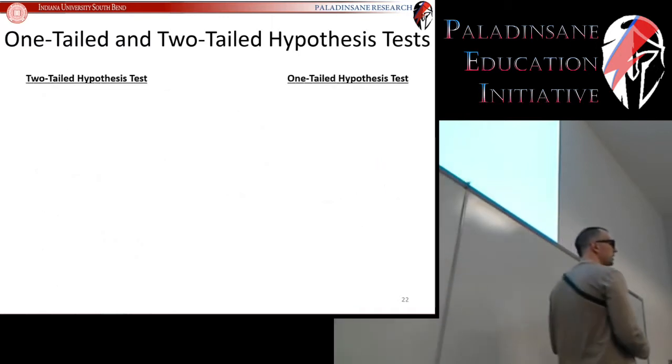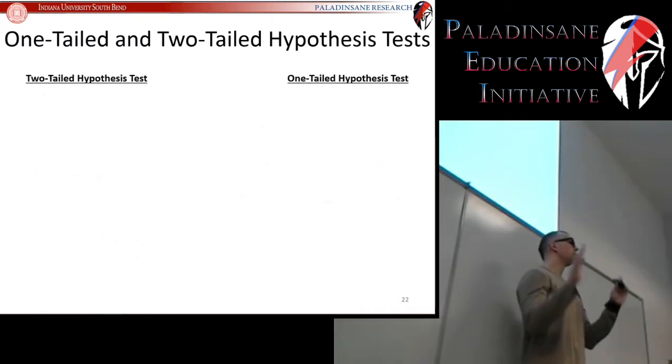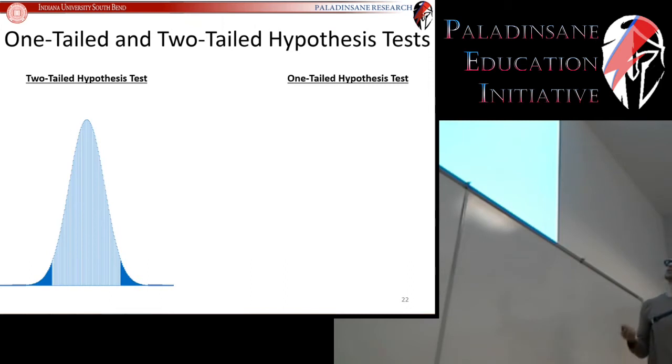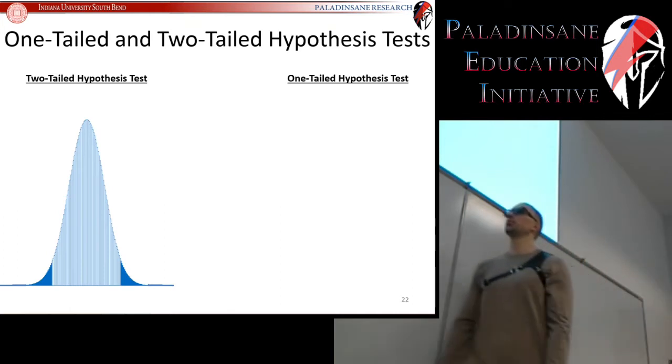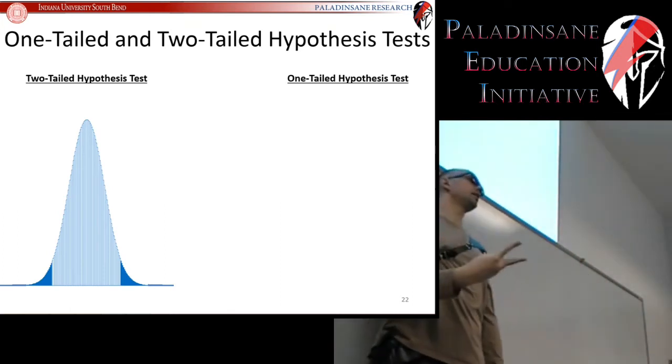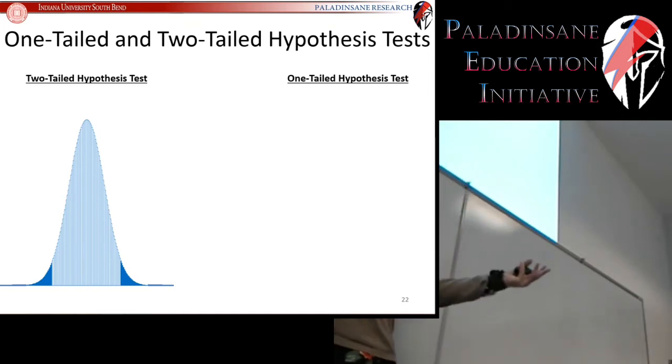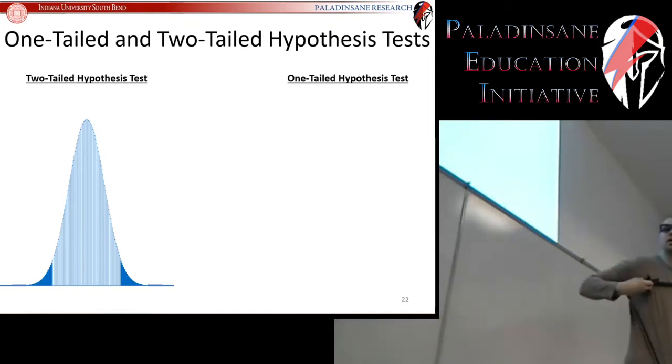And before we begin this, I'll just mention that up until now, we've only been doing two-tailed tests. So a two-tailed test is so called because you draw lines in the sand on one side and the other side of your comparison distribution. And by drawing 2 lines, you make 2 tails. You've got one tail there, one tail there, that's a two-tailed test. On the other hand,